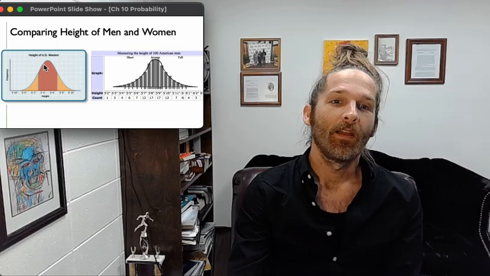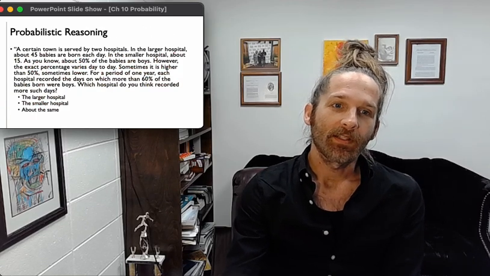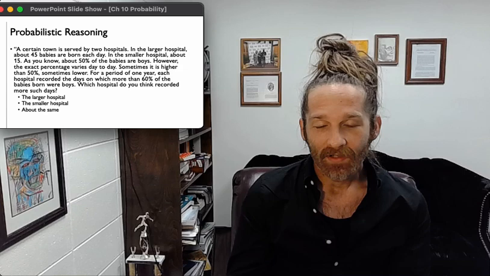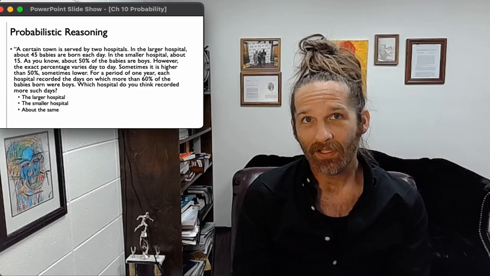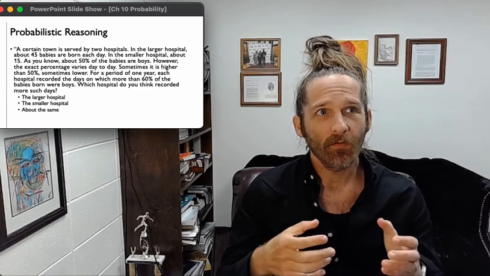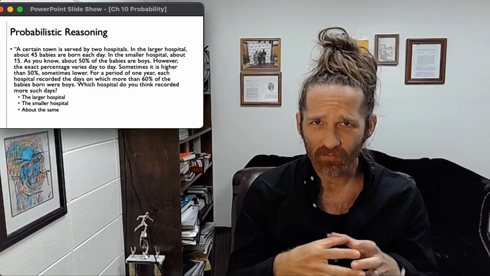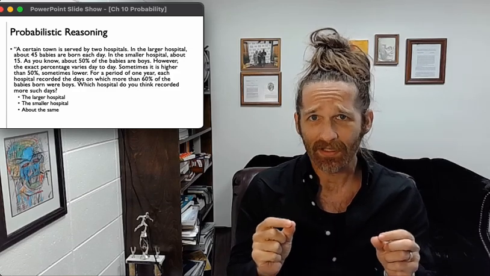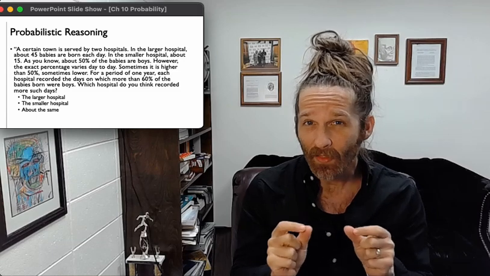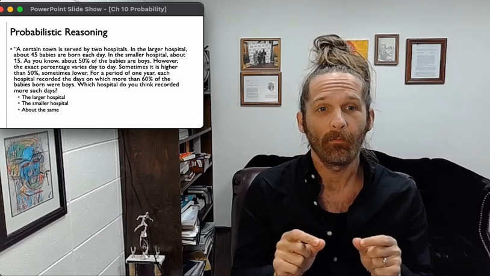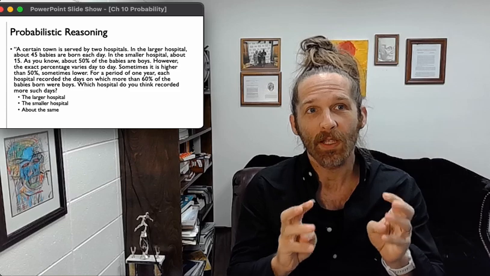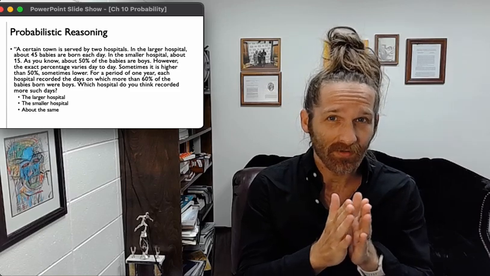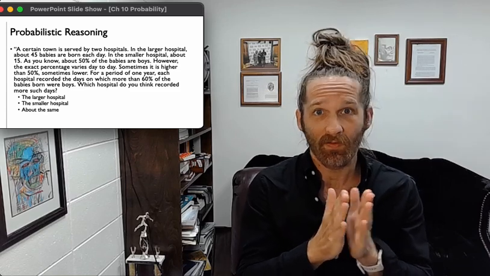And so which hospital is more likely to have that? And the answer is the smaller hospital, because 15 is such a smaller number than 45 that the spread is going to be significantly higher on those rare occurrence days, because there won't be as many other babies being born to level it out or even it out to get closer to the 50%